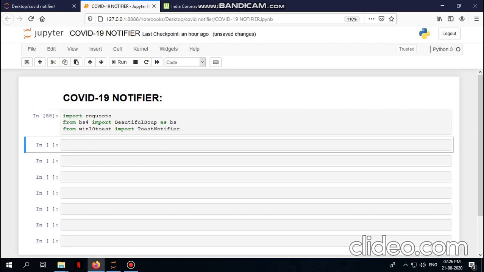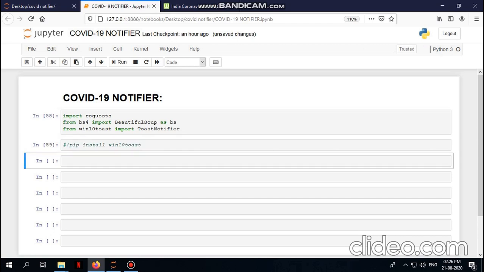So these are the libraries which we are going to use, and if you don't have these libraries installed in your PC, you can simply run the command pip install bs4, which will install the BeautifulSoup library, and pip install win10toast to install the toast notifier. Okay, as I've already installed these libraries in my PC, I'm not going to do this step. I'm going to continue ahead.